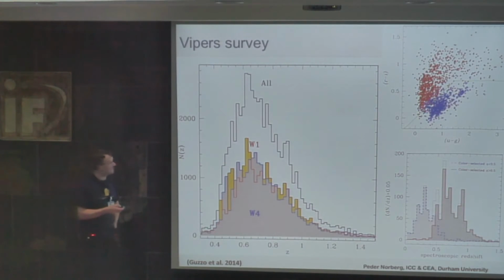That's useful for testing your sample variance. Note I use the word sample variance, not cosmic variance, because cosmic variance is related to the size of your universe, not related to the size of your survey. If I point there and there, I get sample variance. But most people call it cosmic variance, even though they're wrong.